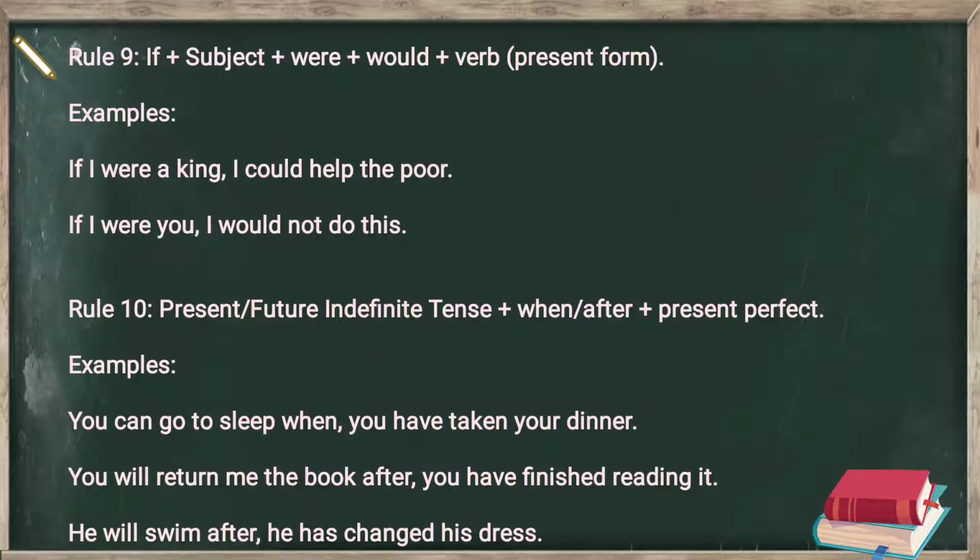Okay, if I were a bird, complete the next part. If I, yes, yes. Most of the time you have to use would here. Okay, could is also correct, no problem. Okay, then, if I were, if I were old,